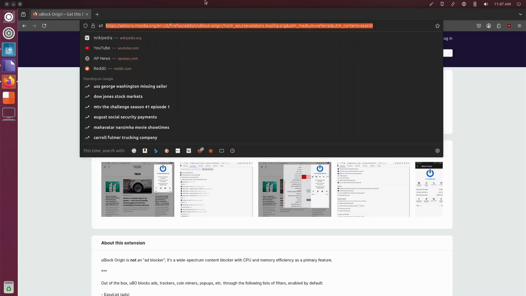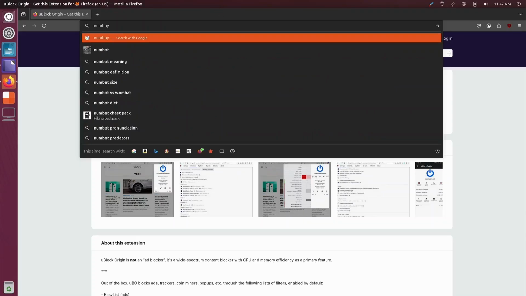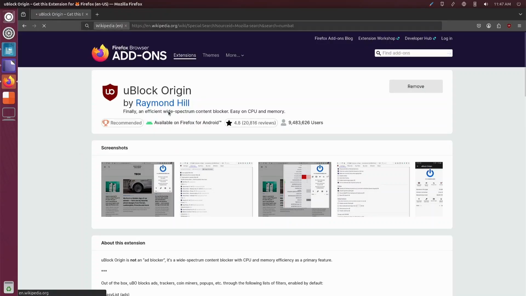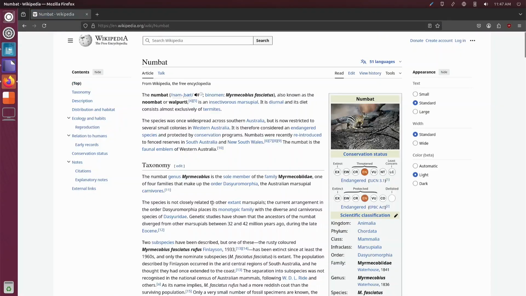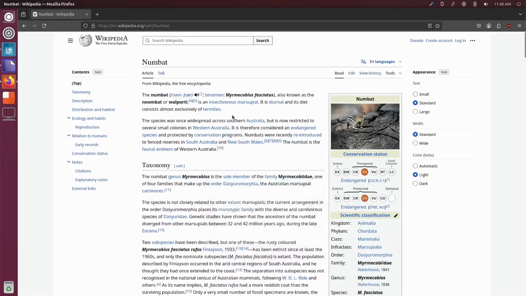Okay. So, numbat. Why didn't I just search Wikipedia in the first place? Remember, on Firefox, if you go down here, you can just click on Wikipedia and hit enter or click this arrow, and boom. The numbat. The noble numbat. An insectivorous marsupial.